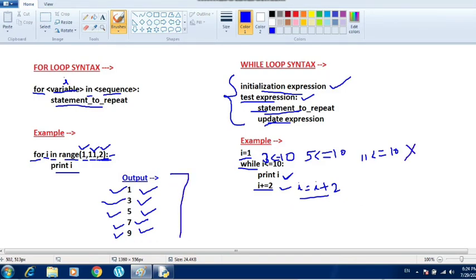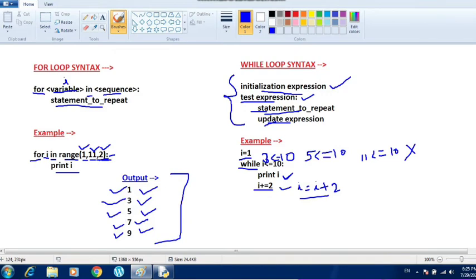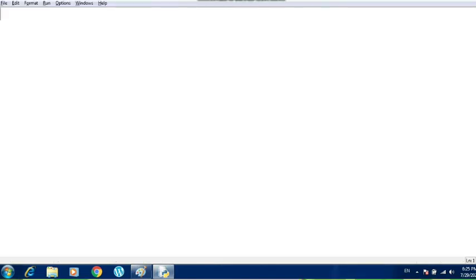Now let's go to the Python shell and run this program one by one and see what the output comes as per the for loop and while loop. So now I am here. I am writing the same program here in the Python shell, first with the for loop. Now I am writing in a comment, using for loop. For i in range(1, 11, 2), that's what we have written there, print(i).